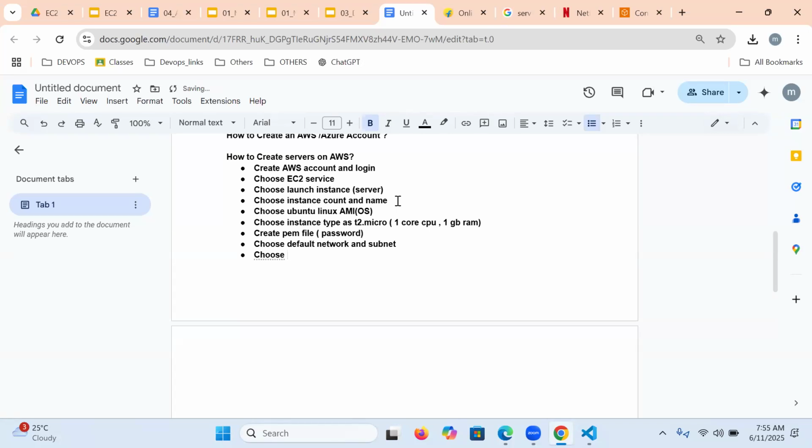Then choose security as SSH and HTTP. Sir, what exactly is SSH?